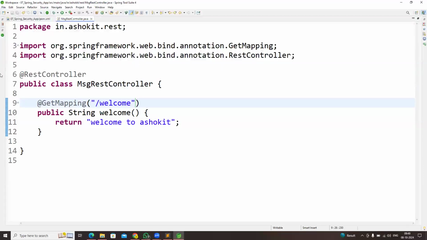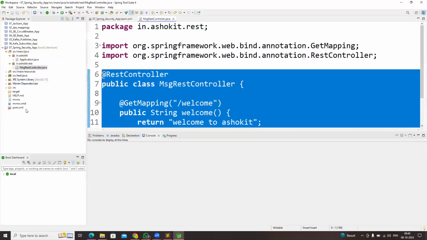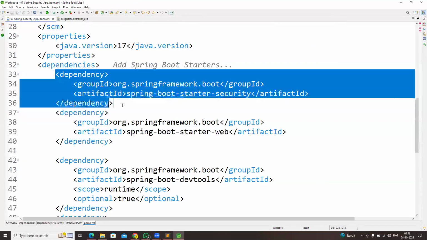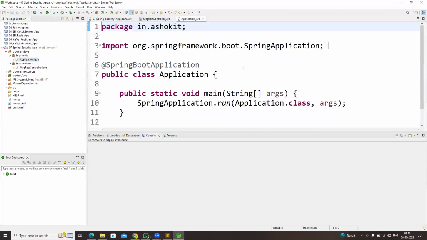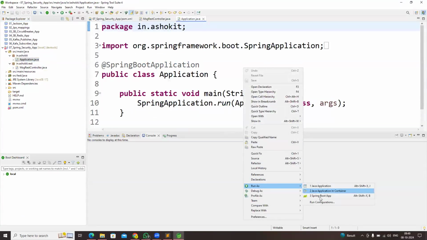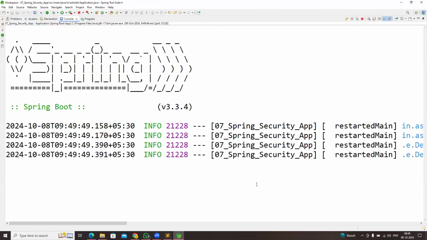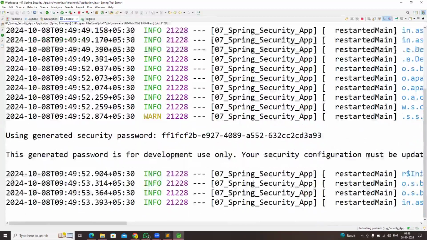So I have created one simple REST controller in our application. In this application, I have added one dependency called security starter. That's it. So this is a pom starter I have added. Now let me run my application, run as boot application. I'm running my application, run this as Spring Boot application now. See here,